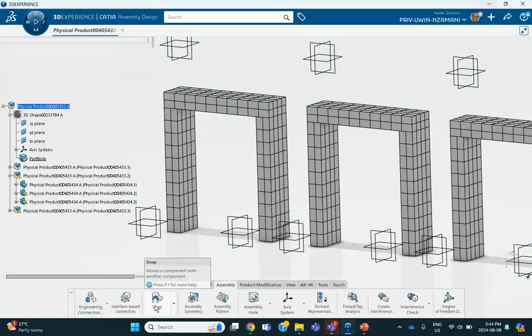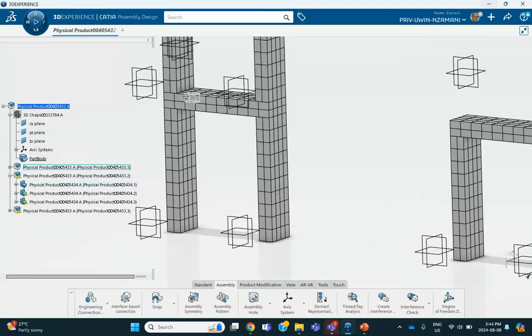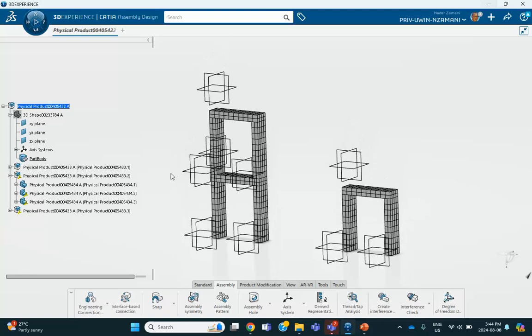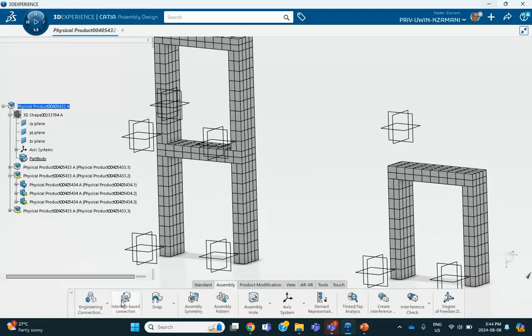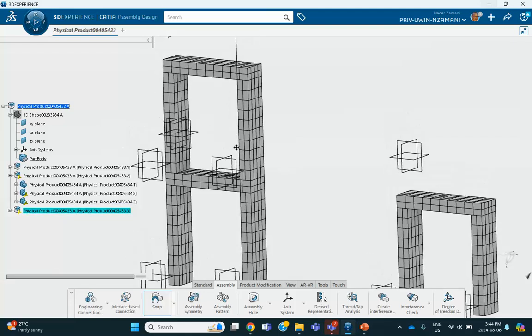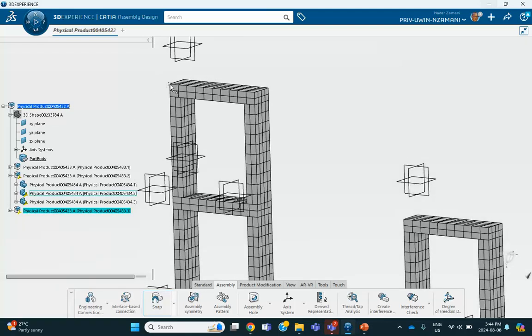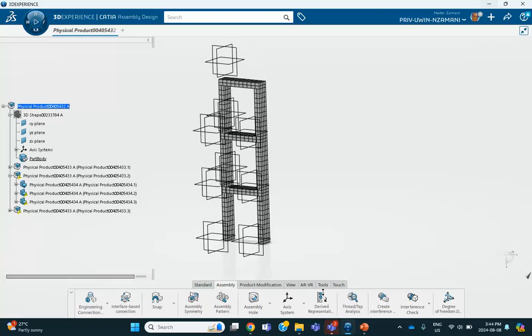Snap. This point, I want to put it on that point. You have to go to the top, right there. Okay, and another one. This point, all the way on the top. There. And what we have now is basically